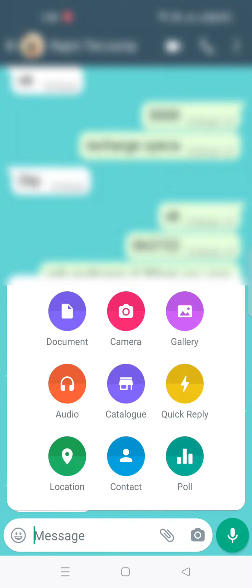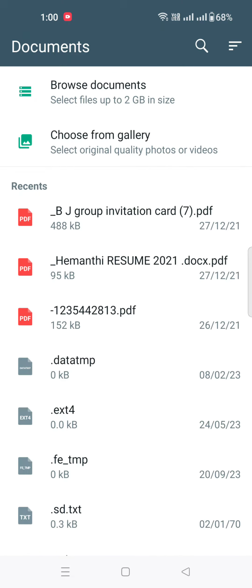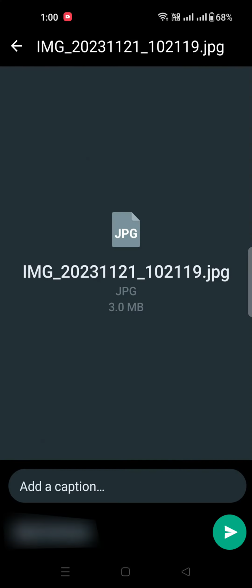Normally we click on camera or the gallery, but in this case, if you want to send high resolution, please click on document here. When you click on document, you get this option. In this option just click on gallery. When you see the gallery, if you want to send a high resolution photo, go to the photo that you want, search for the photo, and whenever you click on the photo,